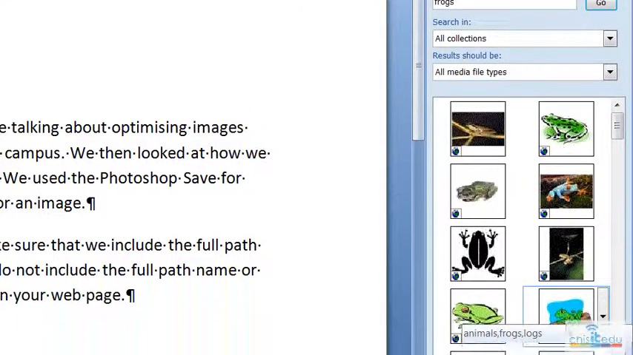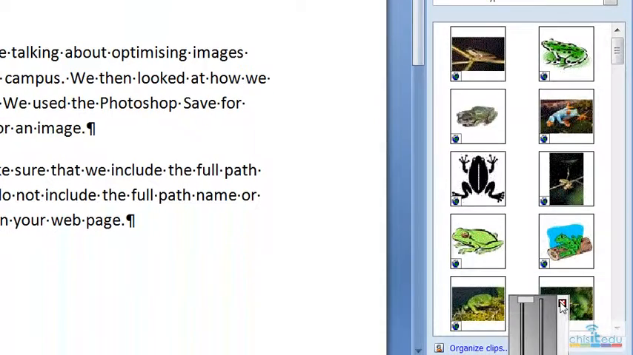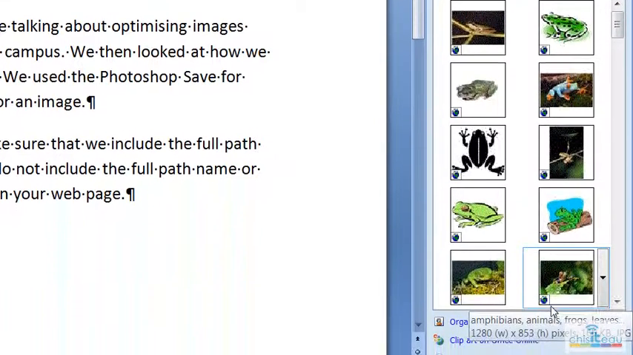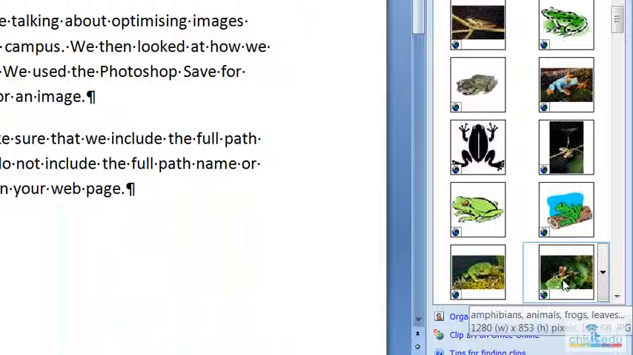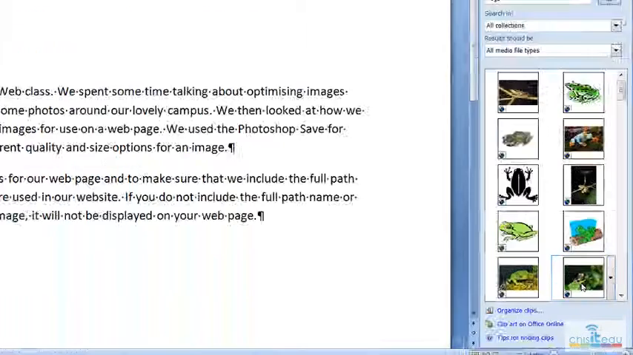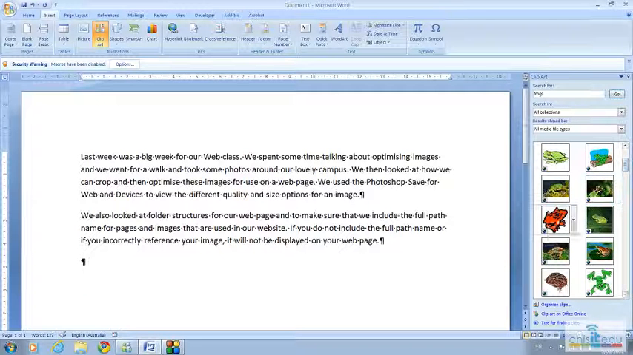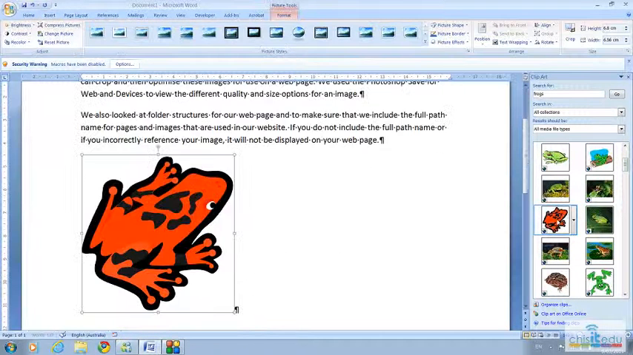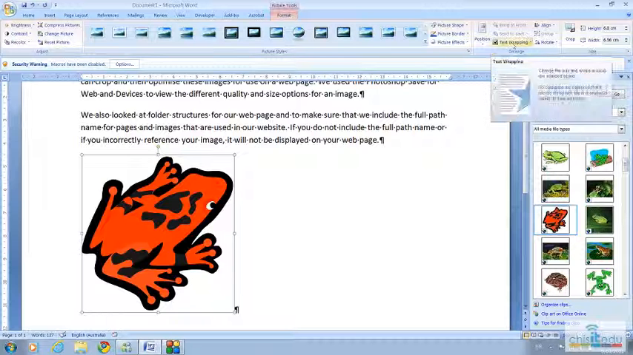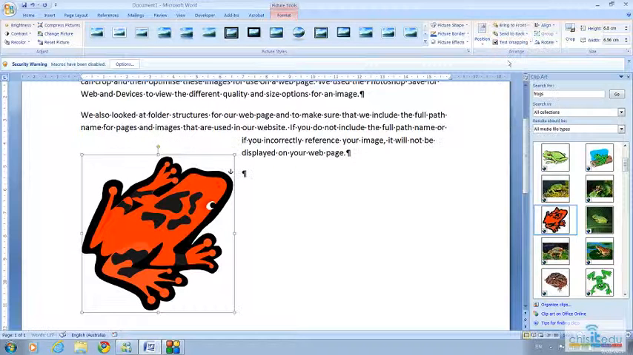and when we find the image that we want, we can just click on it and it will appear in our document. So let's say I find a nice picture. Let's have this bright red frog because it's nice and easy to see. There he is. Automatically, when an image is brought in, it is in line with text. So the first thing we need to do so we can manipulate it is to change the text wrapping. So I'm going to do that. I'm just going to choose square,